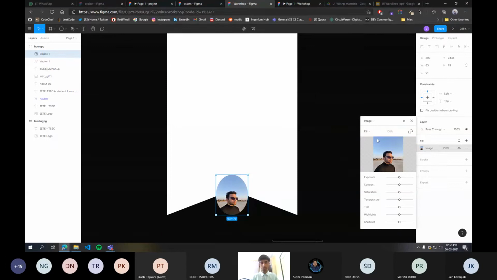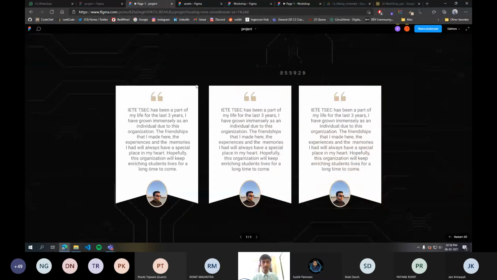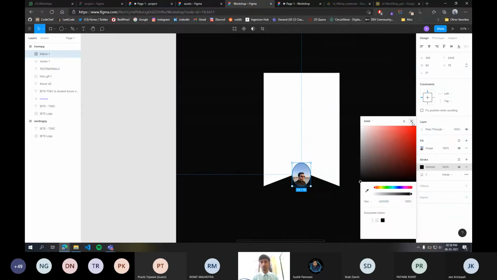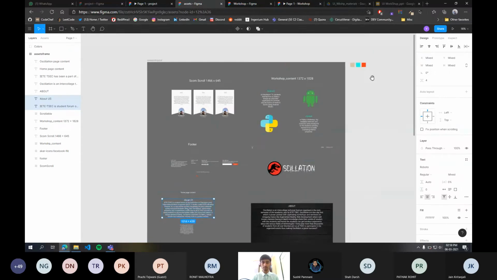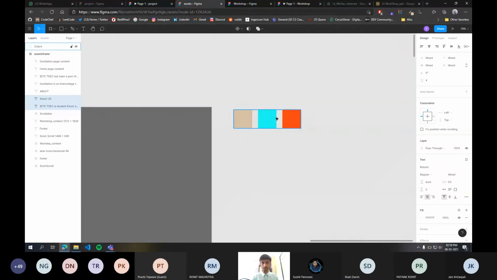Okay. You can also drag this image around just to replace it. And yeah, so there is also this outline. So we'll add a stroke, and for the color of the stroke, you can go to the assets panel, and on the top right hand side of this assets panel, I have given you all of the colors.